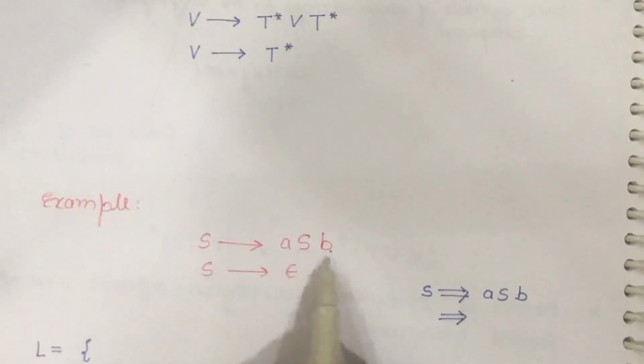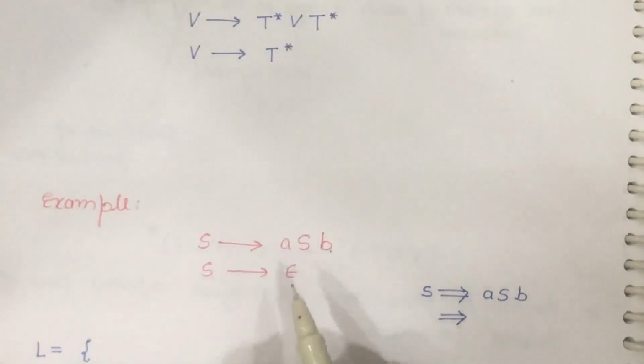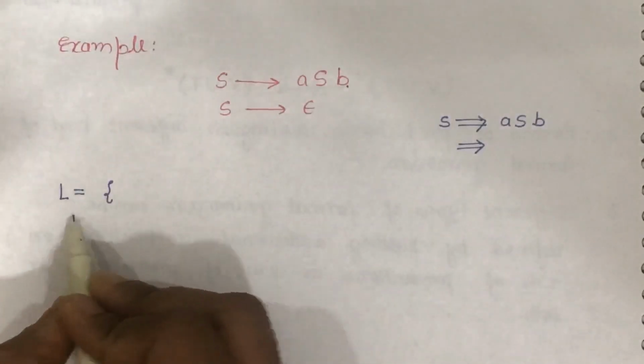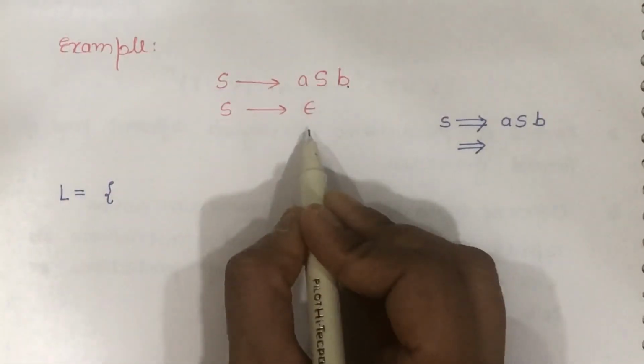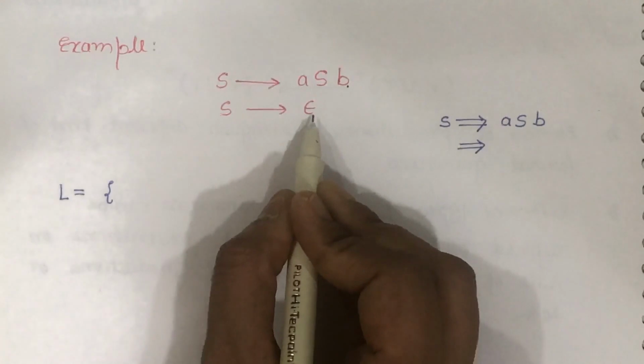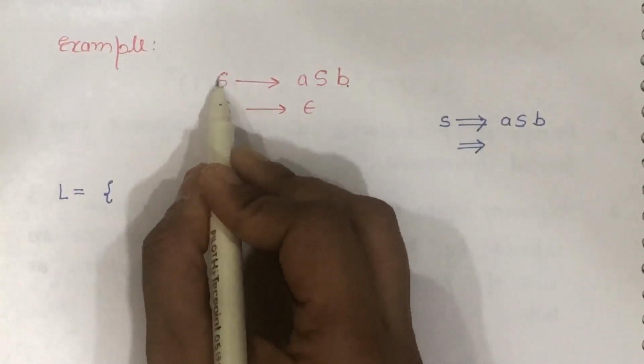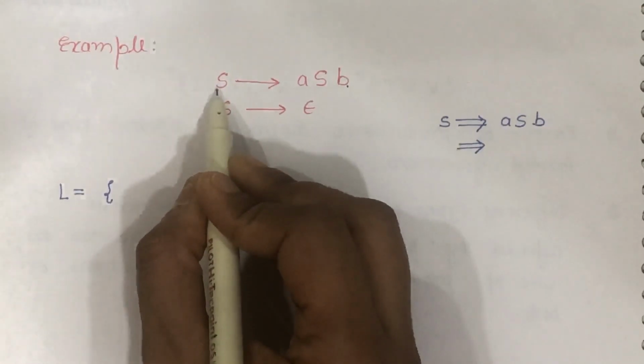So both alternates of all the production rules given in this grammar satisfy the property of linear grammar. So we can say this is a linear grammar. Now we will try to obtain the language from this grammar. For obtaining the language from this given grammar, we'll obtain the strings derivable from the start symbol of the grammar. Here the start symbol of the grammar is capital S.